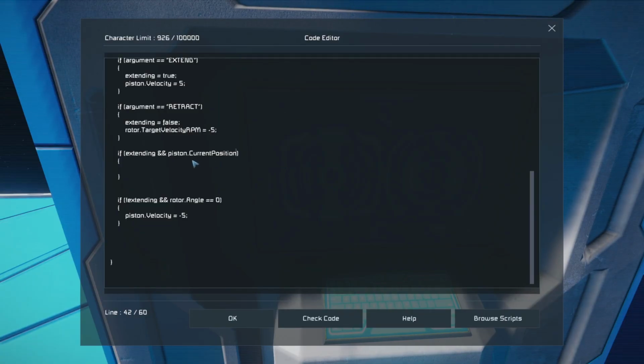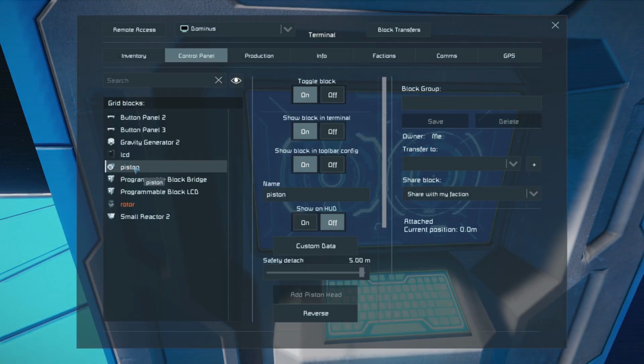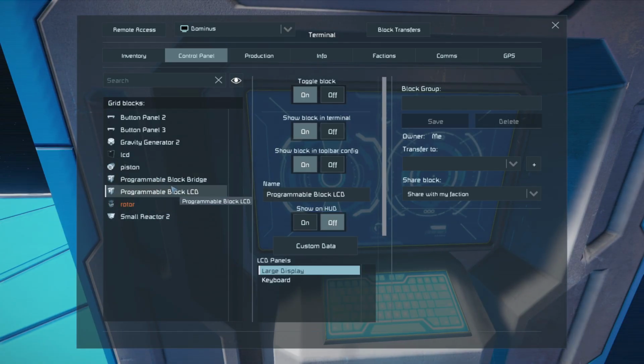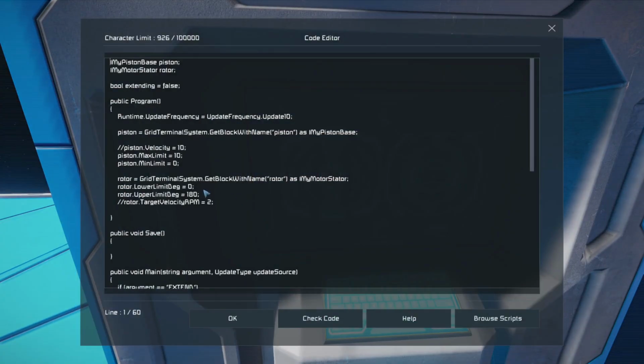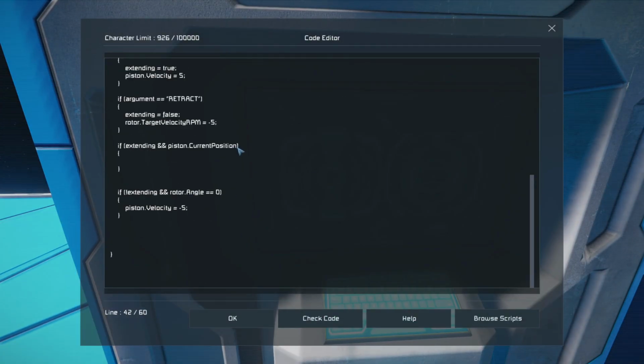Current position gives us the number of meters of extension it has. It's exactly this number here. Bridge. So if its current position is 10, then we can